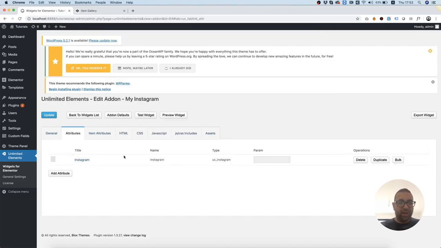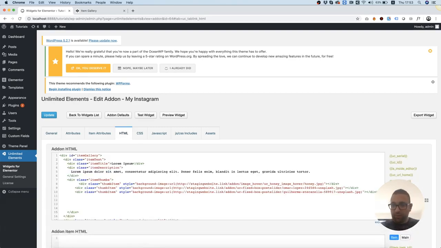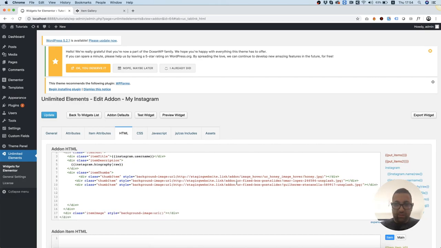Once we've added this and we go back into the HTML tab, over here on the side we will see a new section called Instagram. If we open it, it shows all the fields the API is pulling from Instagram, and we can use any one of them and inject them inside of the HTML. So over here on the top, I'm going to take the Instagram username. Over here in the description, I'm going to take the biography,